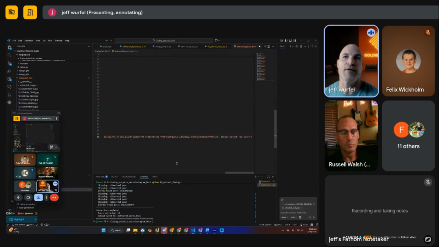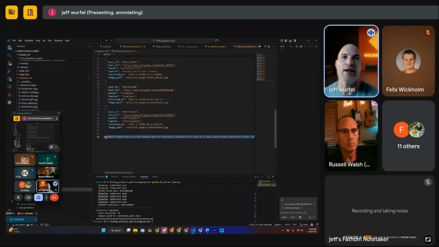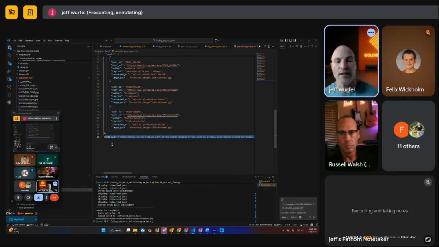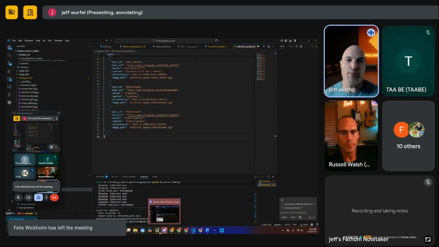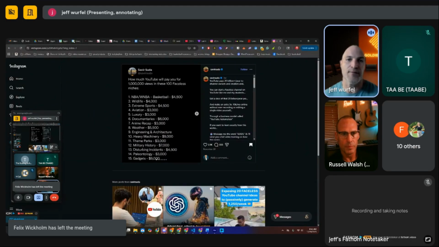is grabbing the post. From there, this is interesting. Sorry, I got a little distracted. Part of their system is that it's using AI to describe the image, because I just noticed the woman, whoever uploaded this image, did not put this in here. So in their website, if you inspect the code, there is an explanation of the image that they're using AI to produce. So right now, again, we're just trying to pull the actual